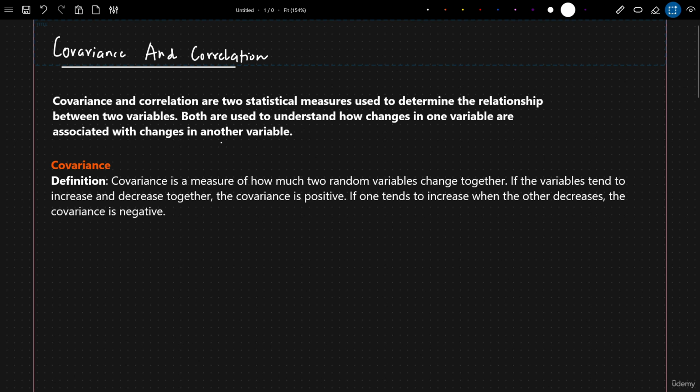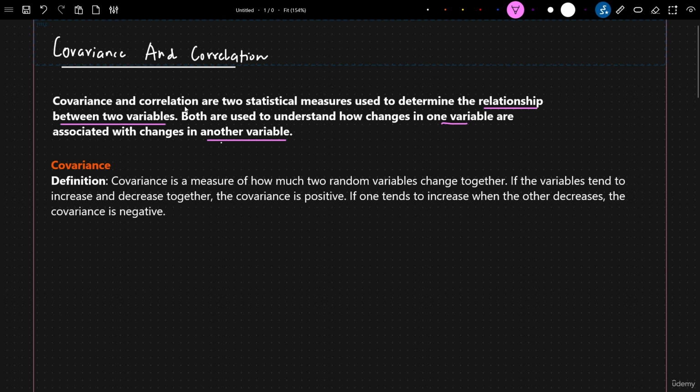So over here, the definition is pretty simple. Covariance and correlation are two statistical measures used to determine the relationship between two variables. This is really very important. If you really want to find out the relationship between two variables, and specifically these variables are continuous variables, both are used to understand how changes in one variable are associated with the changes in another variable. Okay. So if we really want to quantify this relationship between two variables,